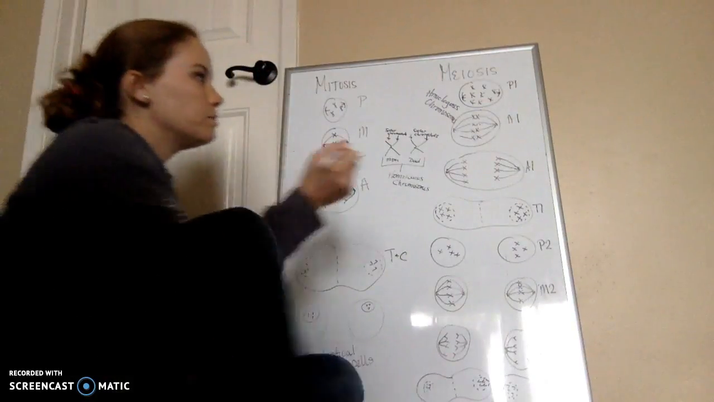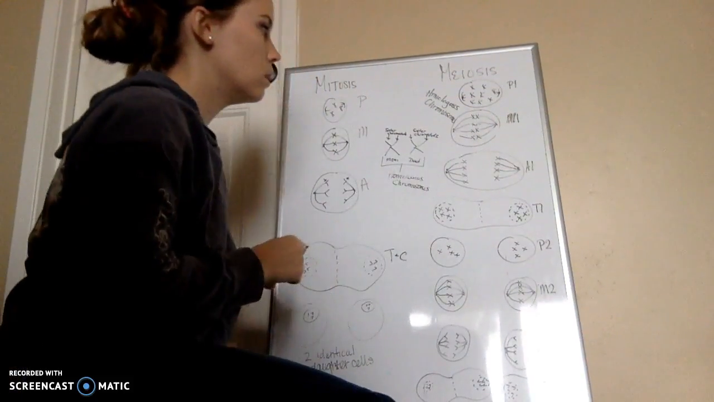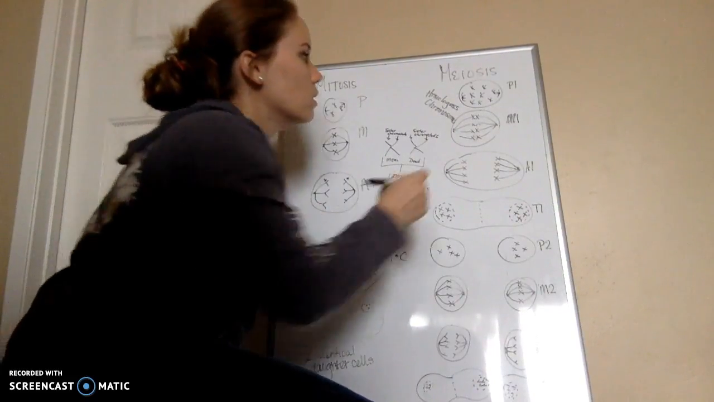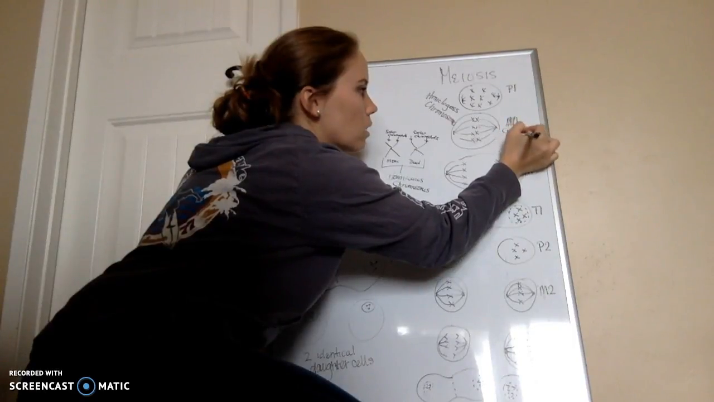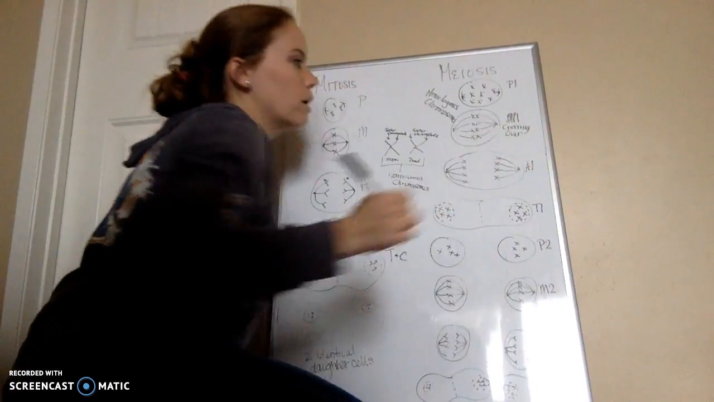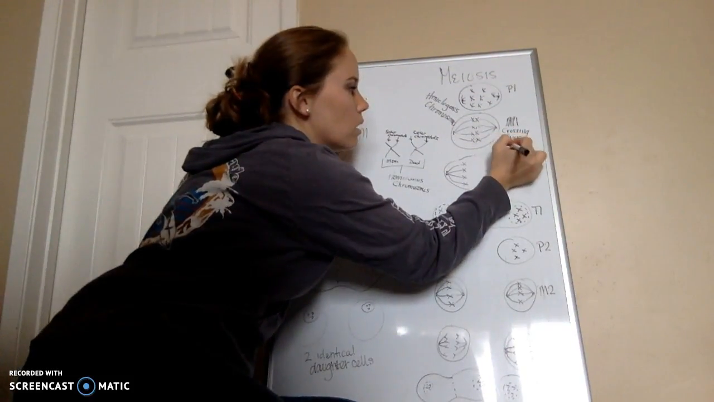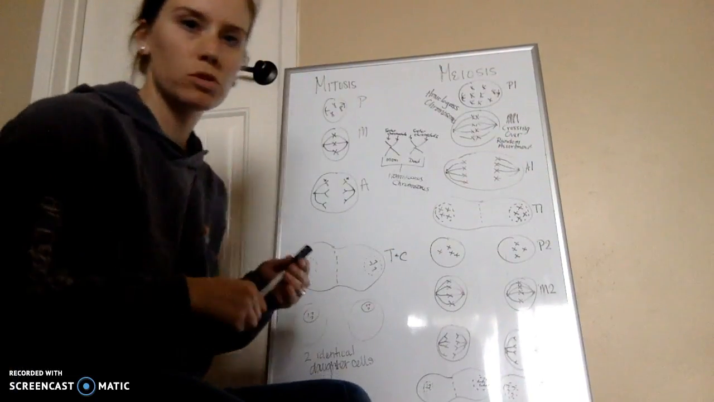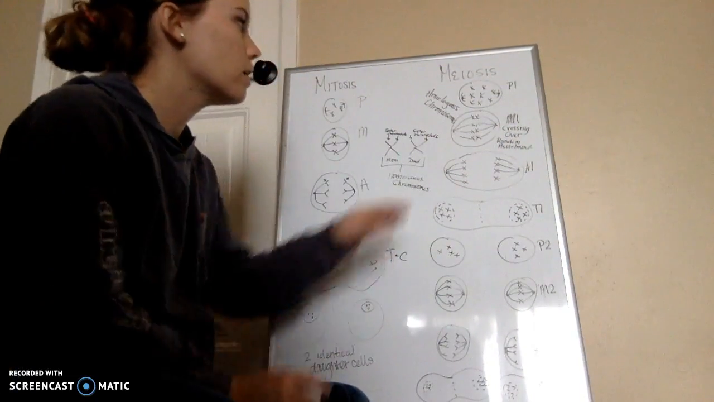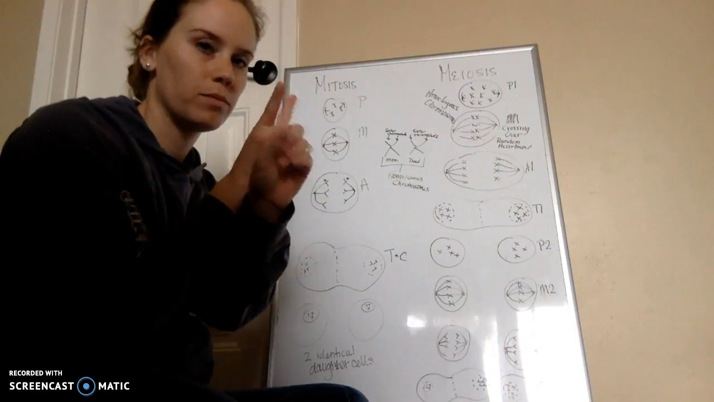Now, in metaphase 1, okay, this is where crossing over is going to occur. Okay? Crossing over will occur here, and so will random assortment. And I'm going to show you a picture from your book about random assortment, but I'll talk about that in a minute, okay? So crossing over, all that's going to happen is literally like the leg of a homologous chromosome